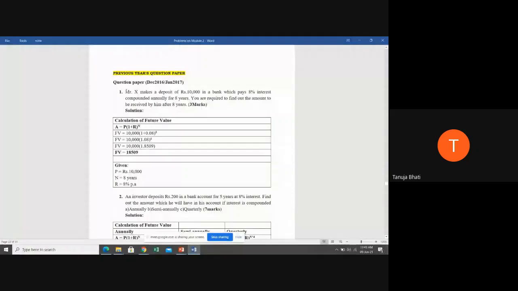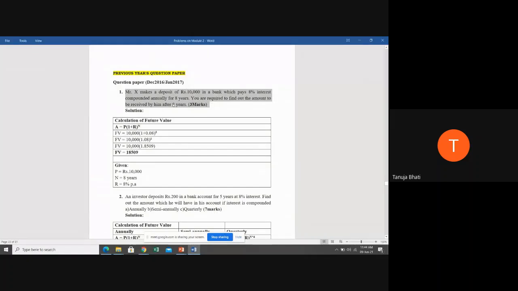After reading this question, are you all able to understand which particular formula you are supposed to use? Can anyone tell me or explain this problem? Based on the different lectures we have covered, can you analyze and tell me under which particular concept this is falling and what we are required to find out in this?